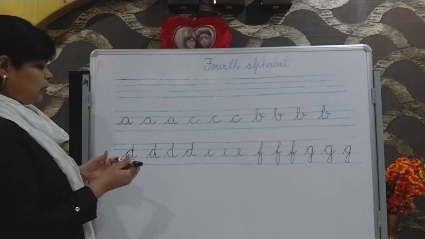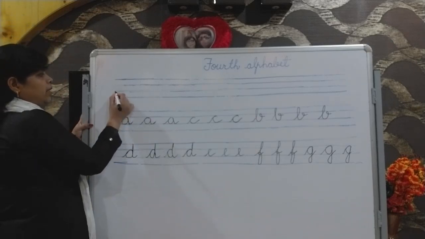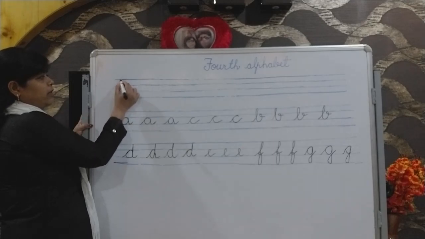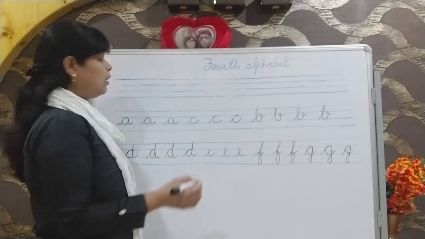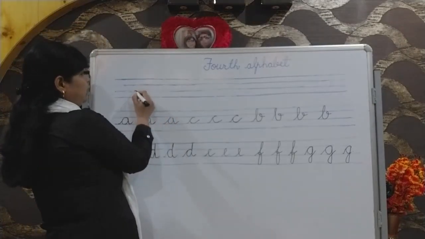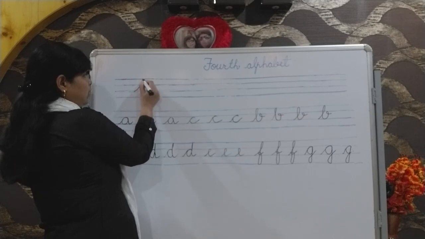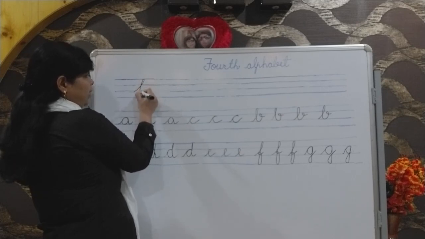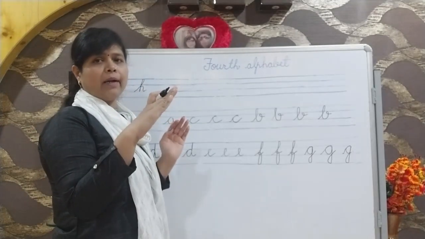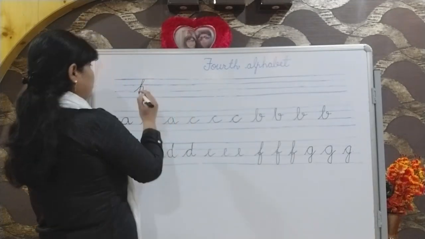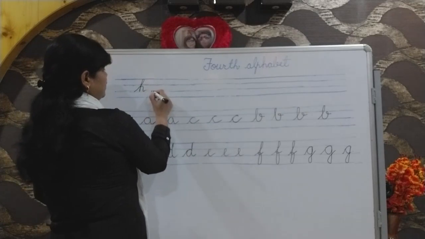G. Now H, here to see. This H also we will start from the first, second and third lines. H we will start from the third line. From the third line we will move upward. One thing more you have to take care of while writing letters. We have to write letters with a little bend. Means it should not be straight. It should bend a little. Yes, this thing you have to take care of while writing letters.